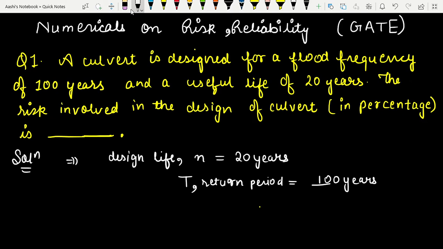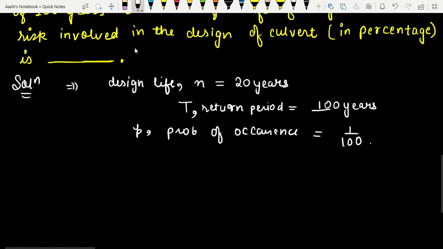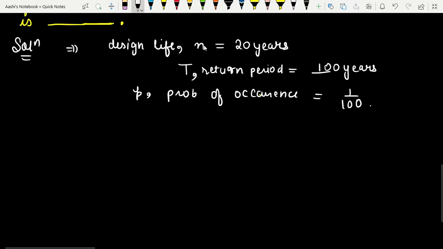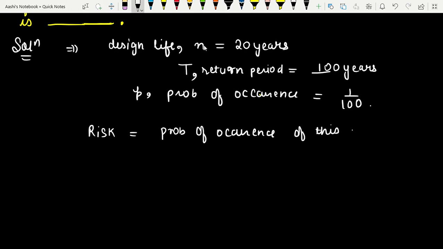Now, if 100 years is the return period, what is the probability of occurrence of that flood? I will say once in 100 years. So let me use the symbol P for the probability of occurrence, that is 1 by 100. Now, in order to find the risk involved with the design, risk is the probability of occurrence of this event, which is flood, at least once